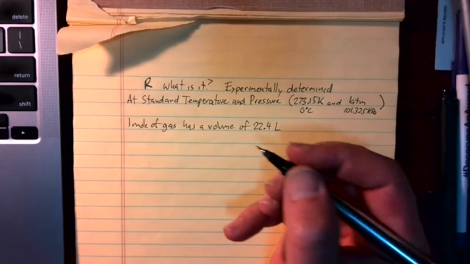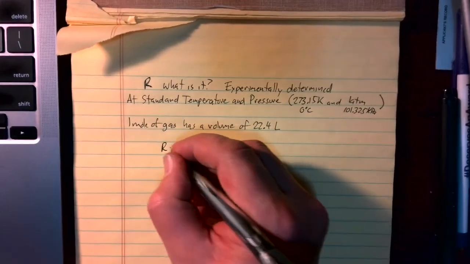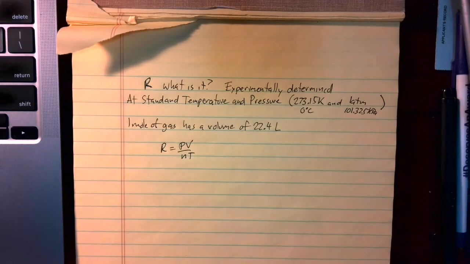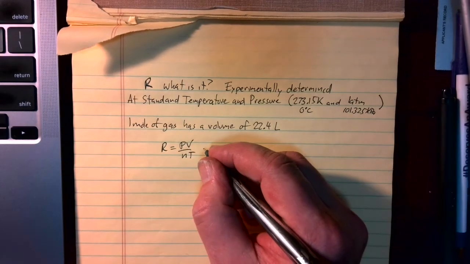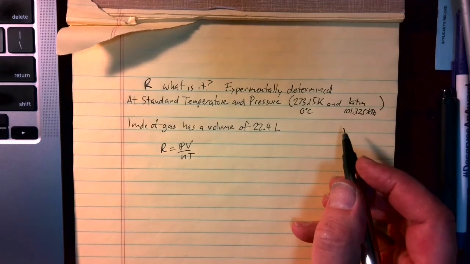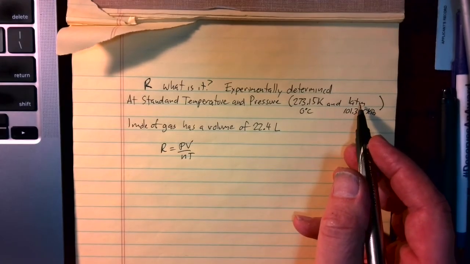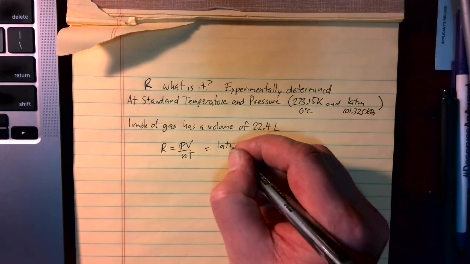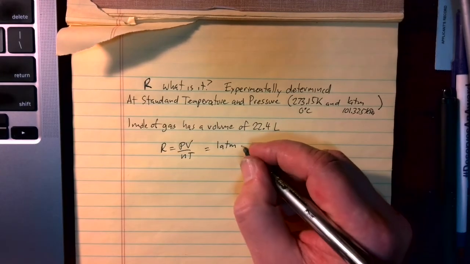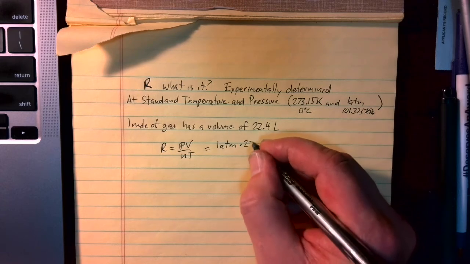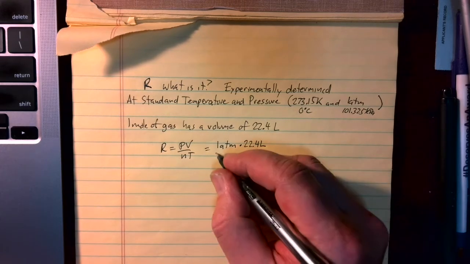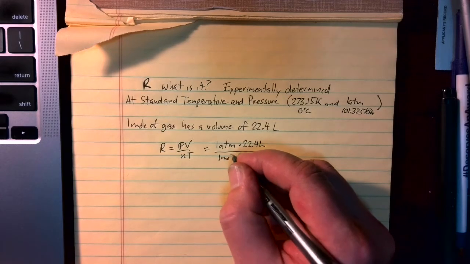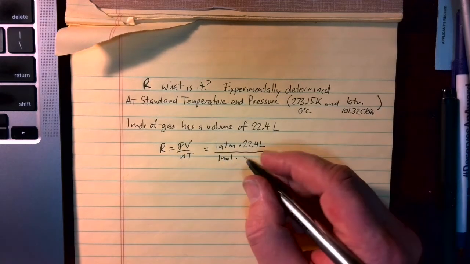We can say, okay, R is equal to PV over NT. And let's plug and chug. So let's use atmospheres here. We can say it's equal to 1 ATM times volume, 22.4 liters, over 1 mole times temperature,